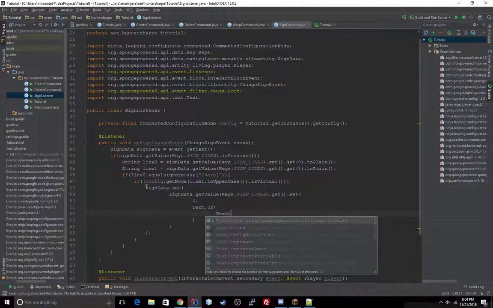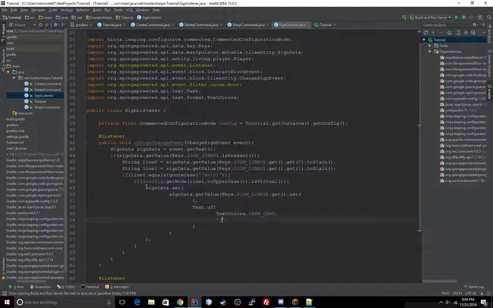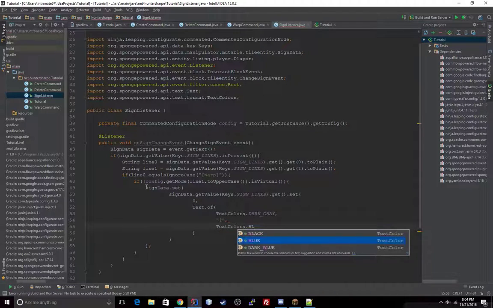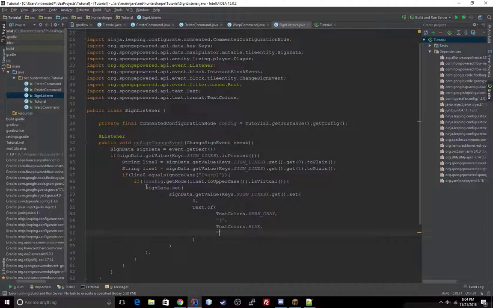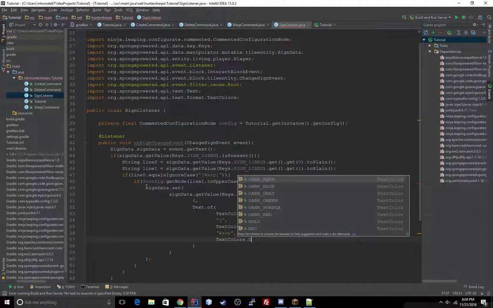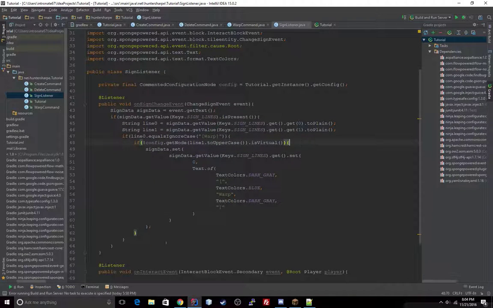This is getting pretty ugly, but just dark gray this time. Open it. Oops. Text colors. No. Colors dot blue. And then we'll do warp. Text colors dot dark gray again to close the bracket, and then we'll do the closing bracket. And where this is before that,